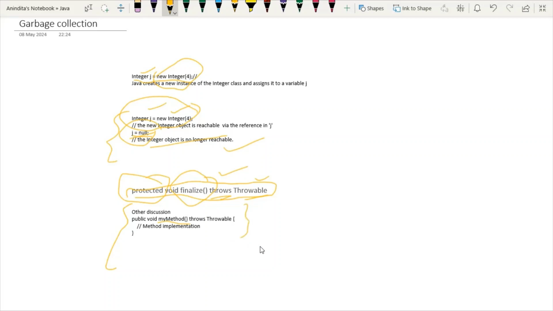There is one important point to discuss: it is worth noting that declaring throws Throwable is generally discouraged in Java, especially for public methods. Here I have used a public method, and for exception handling I'm using throws Throwable. It is not a good programming practice. Why? Because it does not provide specific information about the exceptions. What kind of exception it is, I don't know. It fails to provide the type of exception that can be thrown. So it is good practice to declare a specific checked exception